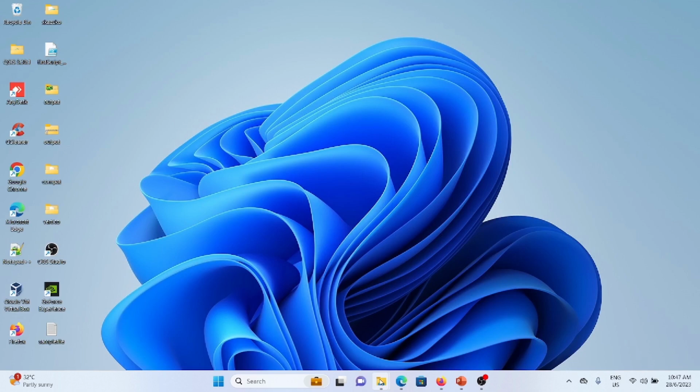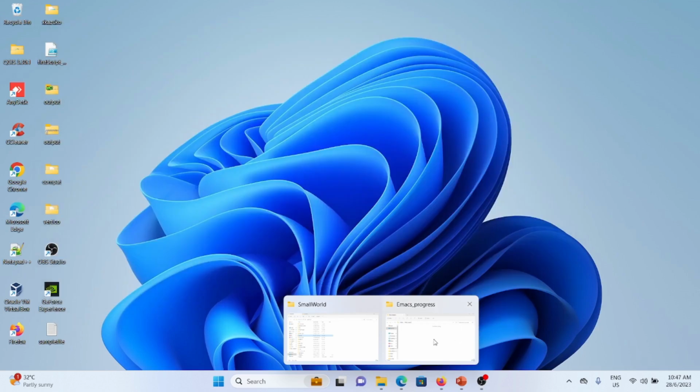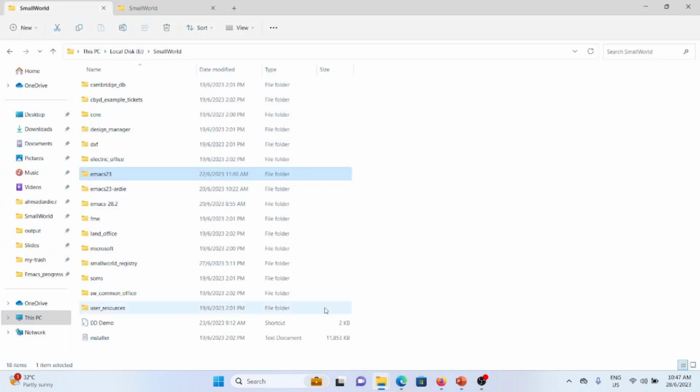Today I'm going to show you how I improve my experience in using Emacs version 23. So first, a bit of background. Why am I using this version 23, this rather old version? The reason is because